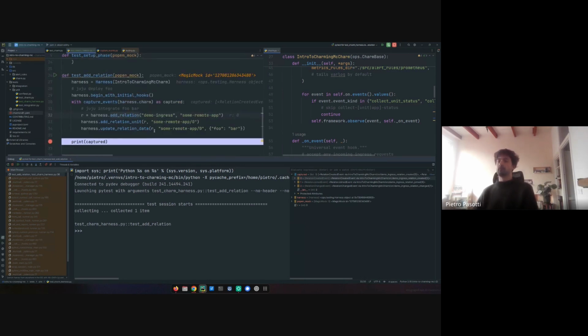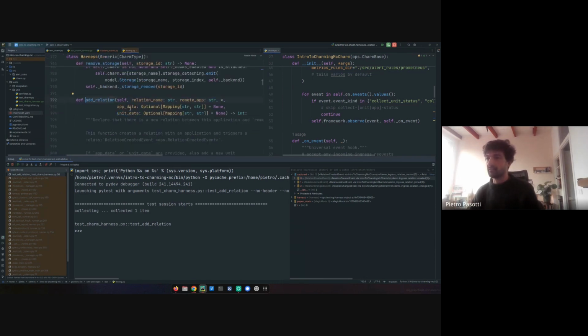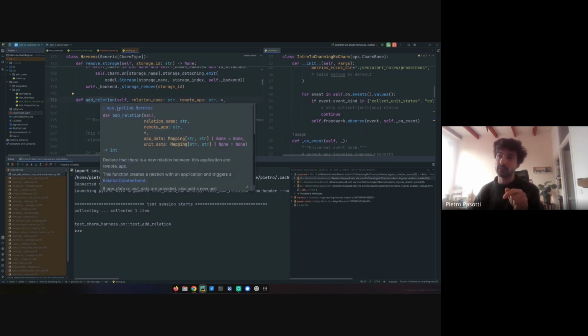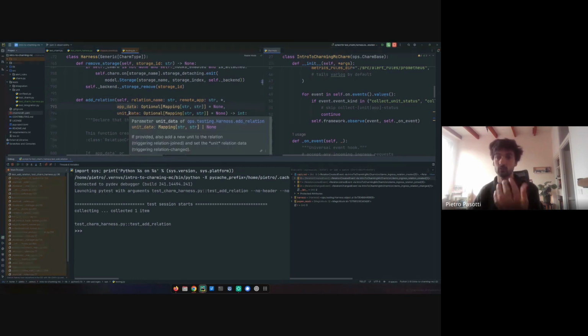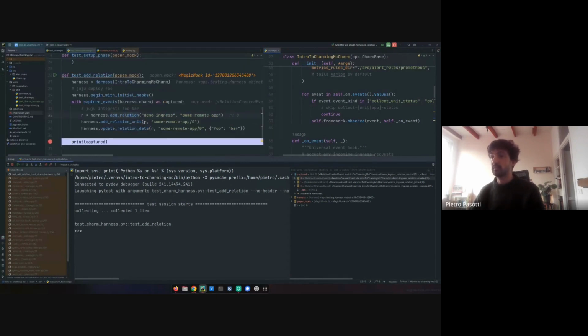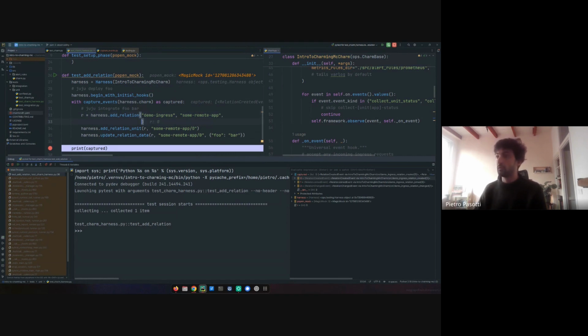Well, in this case, I'm not quite doing the same thing because I'm adding relation data to the remote end. And I think if you pass application data or unit data to add relation, then you are writing data to the local side. So it's doing something slightly different. But this was also a relatively recent addition to Harness, so I was not as familiar with it as could be. So if you do app data,